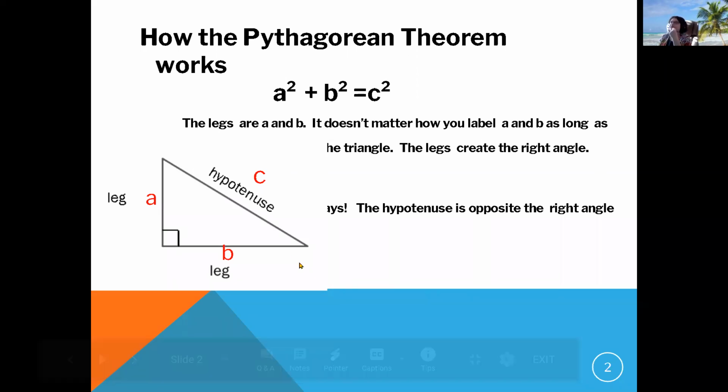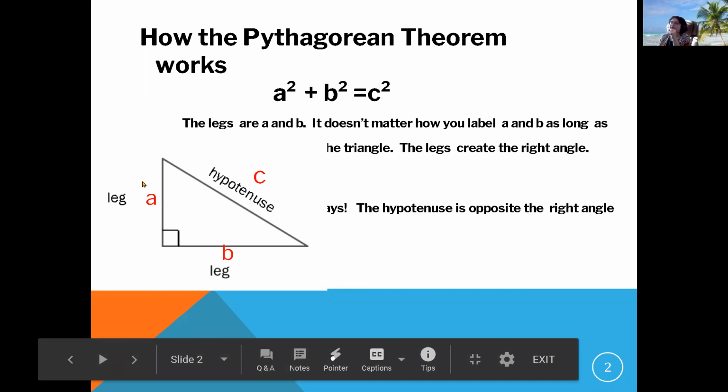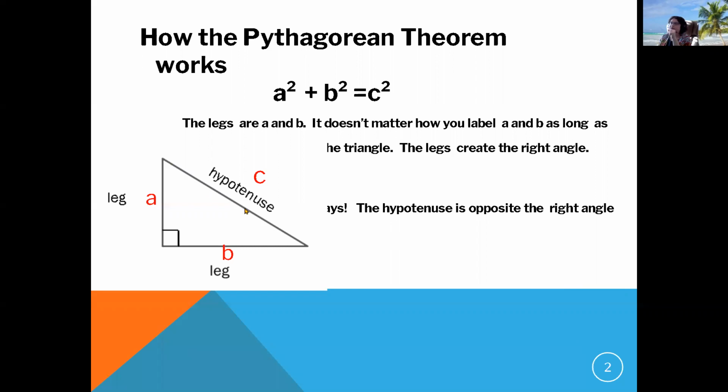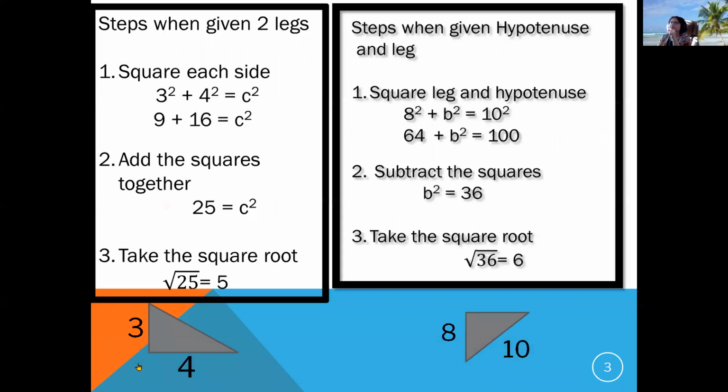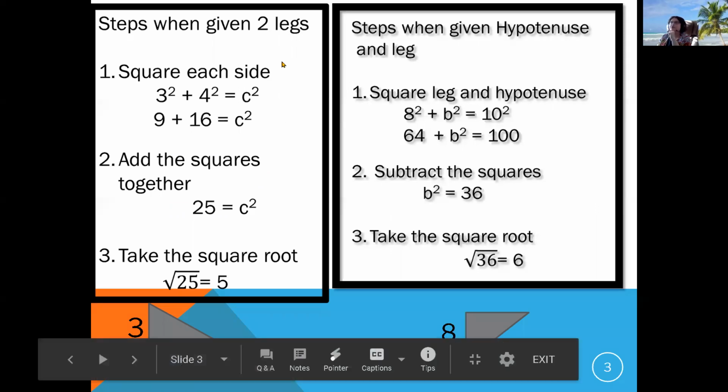Okay, let's get started. So how the Pythagorean theorem works is when you square, and square means to multiply a number by itself, the legs should equal the square of the hypotenuse. So here's the steps on how to solve these. I gave these steps yesterday. So when you are given A and B, and it shows on the bottom,